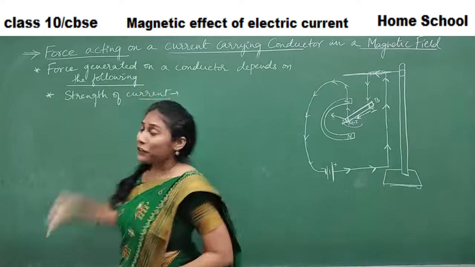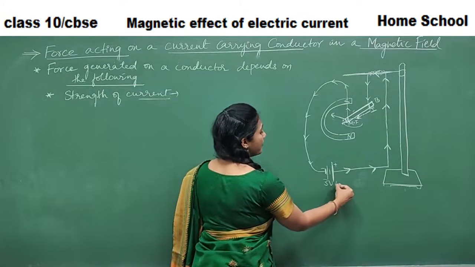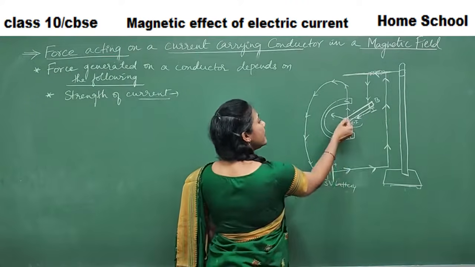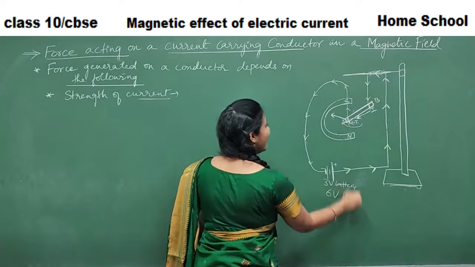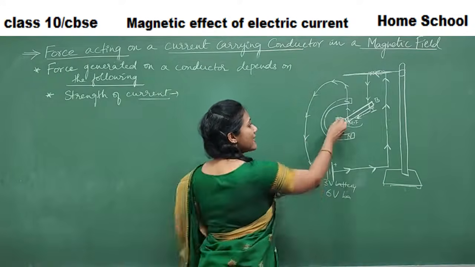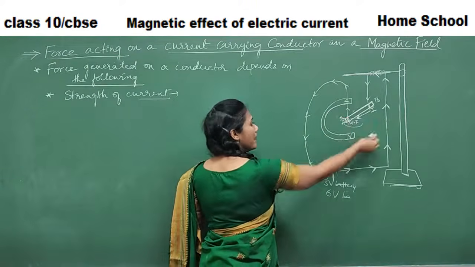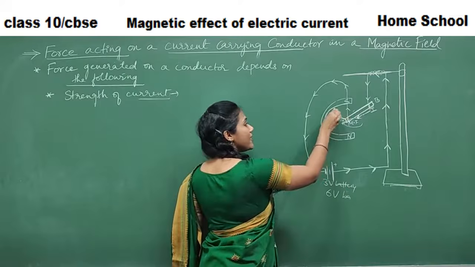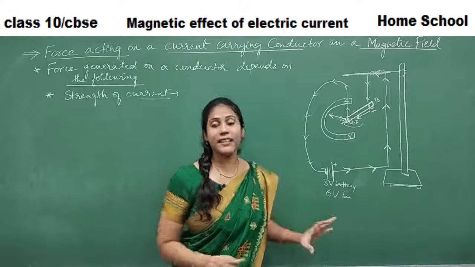You know what? When you give more current, say for example, this is a 3-volt battery, right? So when we took a 3-volt battery, the displacement of the rod is very little. But when I took a 6-volt battery, the displacement of the rod is too much. Imagine the rod previously has moved only this much, but now when I change the battery to 6 volts, automatically the flow of current would have increased in the rod. The rod displacement is this much. The rod will move to a greater distance.